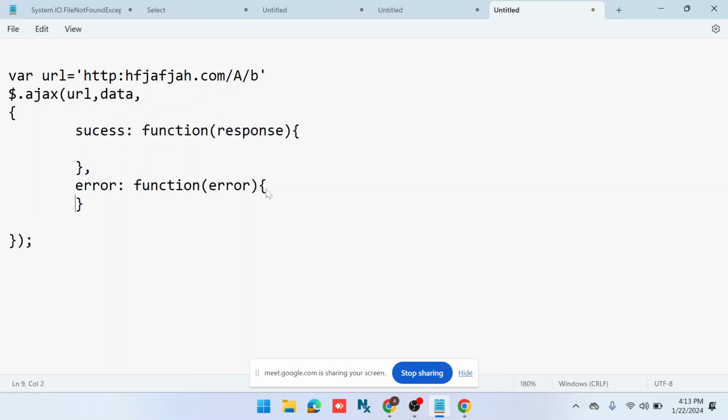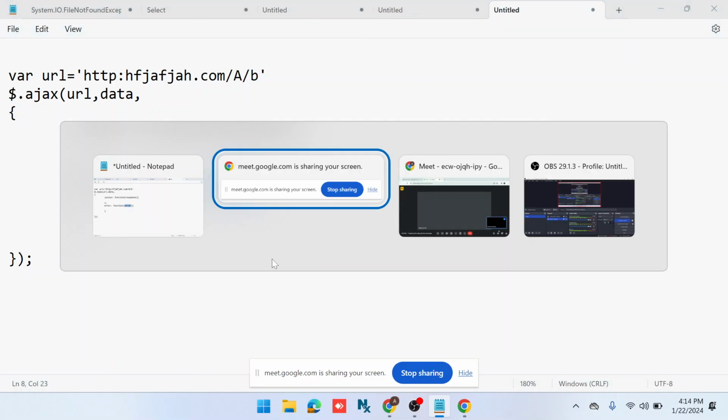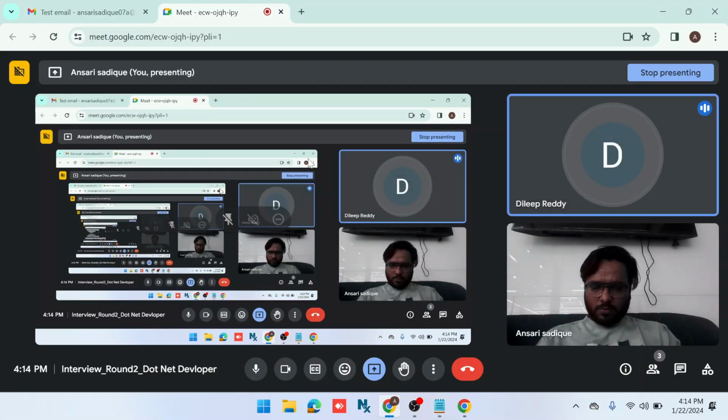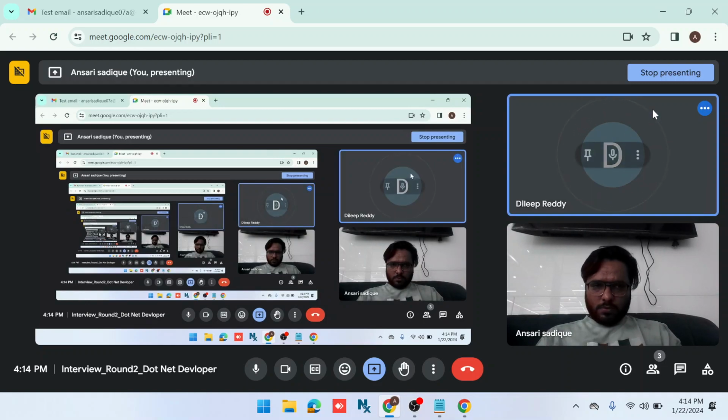And if an error occurs, then the error and the error message come here, so we can display this error message on the UI side. Okay. Fine, that's fair enough. So, when you're implementing any web application, what kind of security aspects do you consider